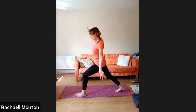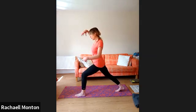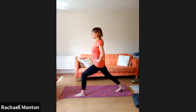And as I bend that front knee, I can feel myself wobbling. That's normal. It is a balance, but I can see the tops of my toes. But then I want to sink a little bit. I want to sink down and feel the opening in that back hip and thigh. Also working my pelvic region, the pelvis on both sides, but it's the hip that we're sort of exploring, and